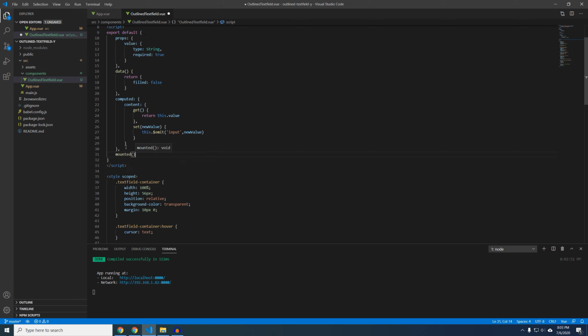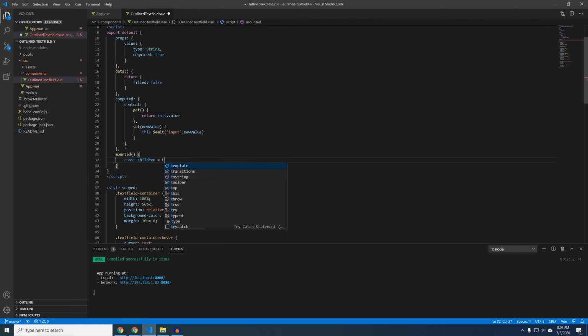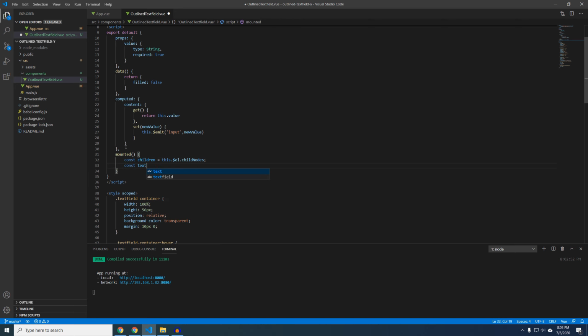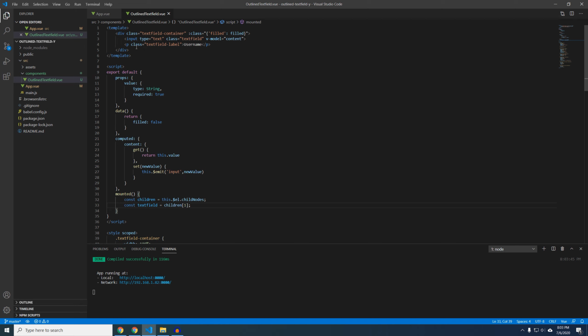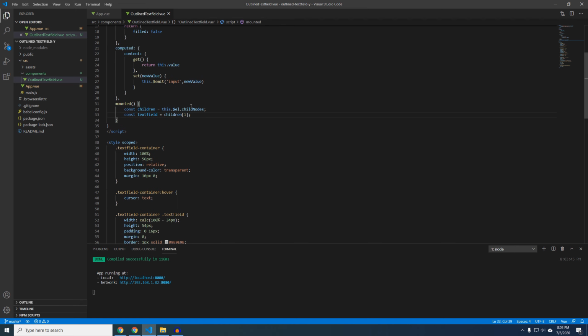So we're going to add the mounted lifecycle hook, and it's going to be really simple as far as the actual code is, but it's kind of hard to understand. So we're going to do the children of the element, which we're going to get by accessing the element in this specific component and getting the child nodes. And then we're going to do const textField, which is equal to children 1. That's because arrays are 0 indexed, and it's actually the second child, but since it's 0 indexed, it's going to be the first as far as the array is